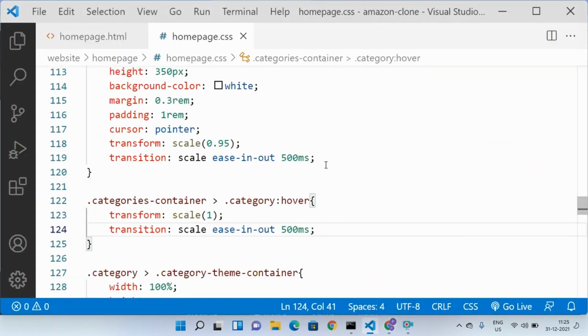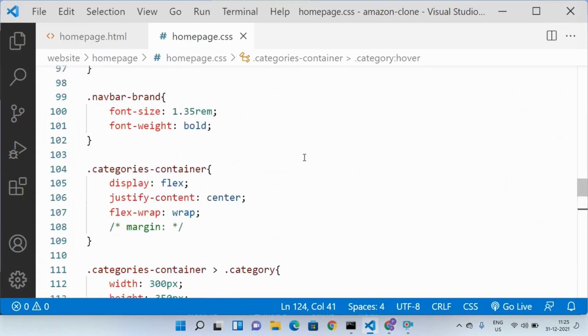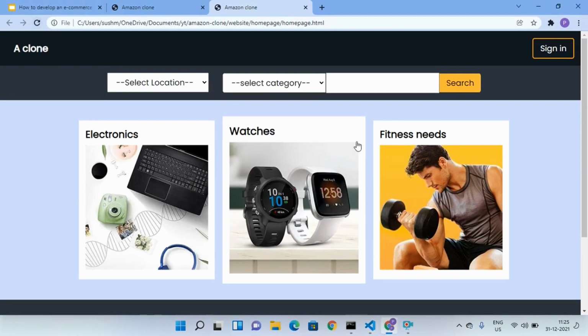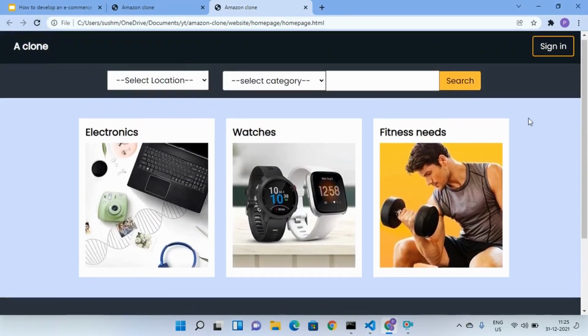And here one thing is not good. This category container, we should give it a proper margin. So let us do that. Here let us give it a margin in vertical and y direction 2 rem and in x direction 0. See, now it is better, right?